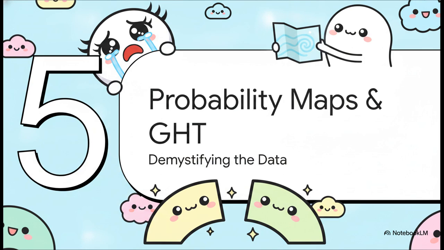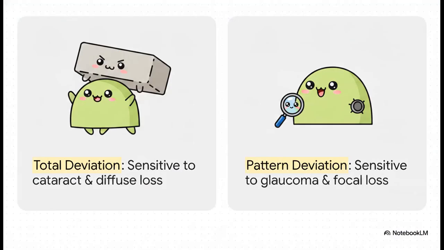Section 5. Probability Maps and GHT. I like to think of the patient's visual field kind of like a hill of vision. The total deviation map shows you the absolute difference from normal. It's highly sensitive to things like cataracts, which lower the entire hill of vision diffusely. The pattern deviation map, however, that is your true glaucoma hunter. It mathematically strips away the overall height of the hill, filtering out the cataract entirely, to look exclusively for localized,